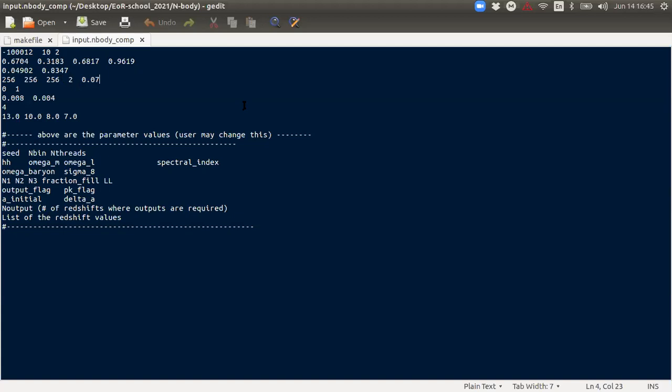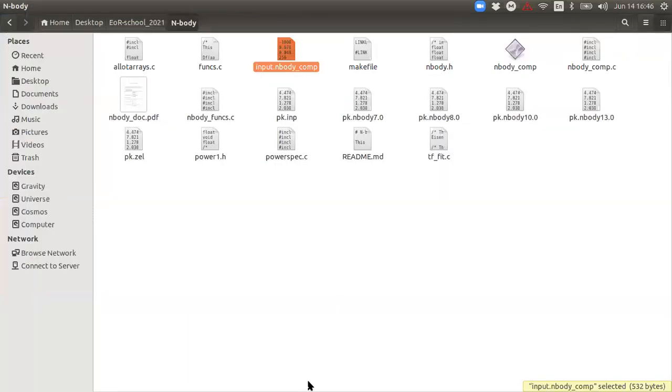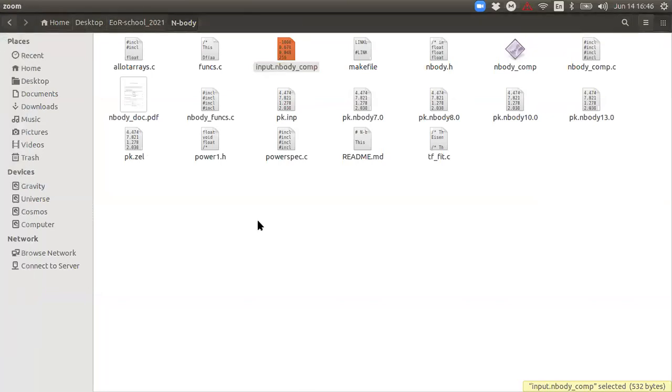Shashwat Dasgupta is asking, do we use DIT or DIF? I don't understand what it stands for. Please raise the hand in the chat box. I was asking whether we use decimation in time or decimation in frequency in the FFT that we're using here.